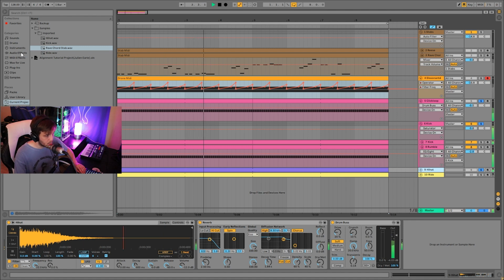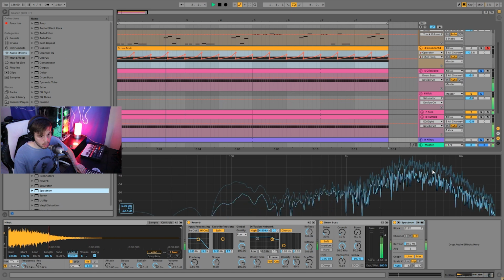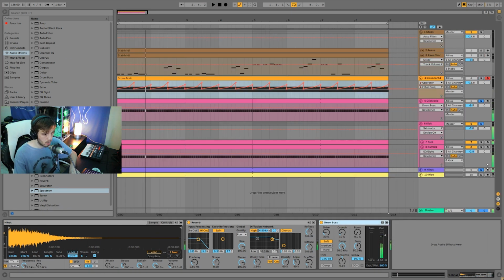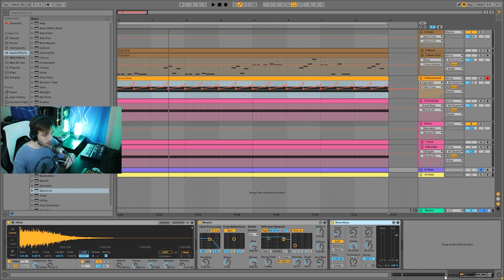You can hear, and I'll show you too, if we pull up a spectrum, you can see the hi-hat is really happening up here in the mid-range. And then the ride, that's the thing that's going to add that high end. So with the hi-hat, you really don't want anything too...